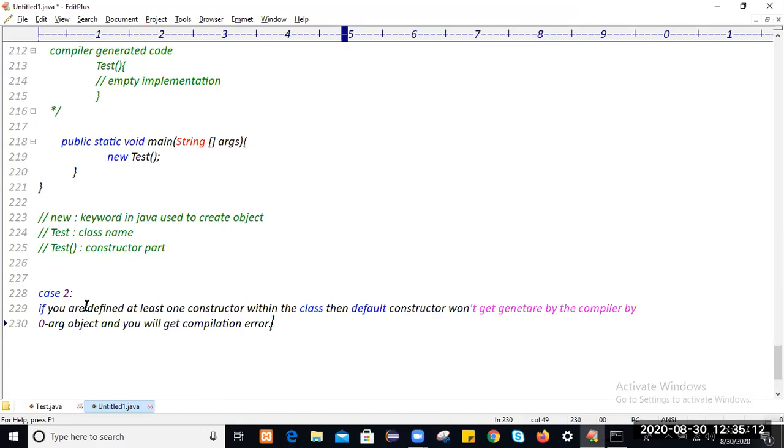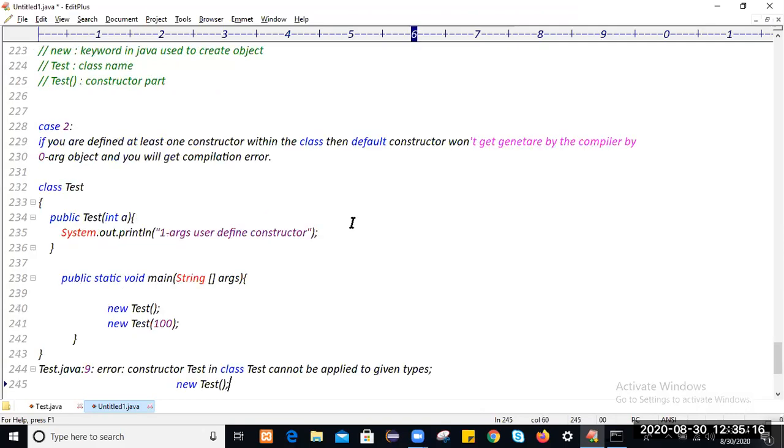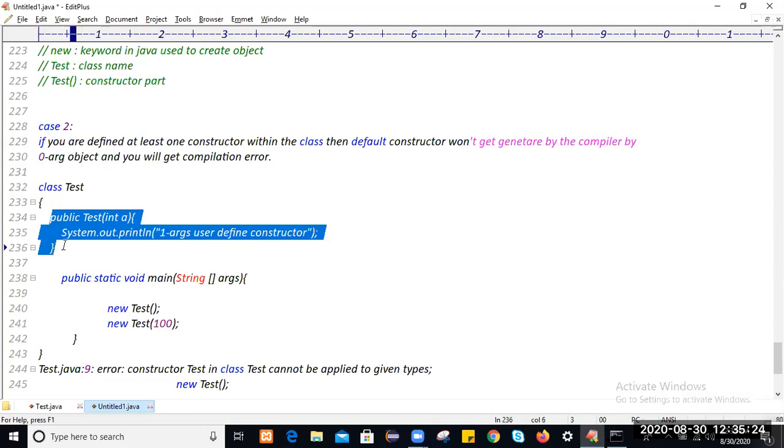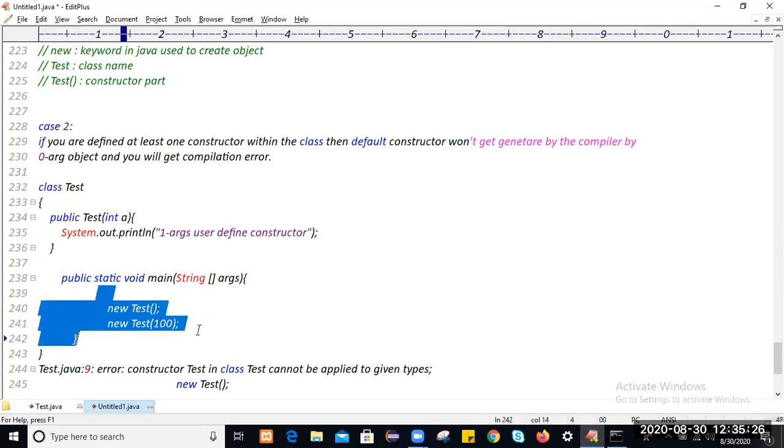Most of the time you will get this interview question: what will happen? If you declare multiple constructors, not an issue. But if you create multiple objects, for the corresponding object, the corresponding constructor must be declared within the class. Otherwise, you will get a compilation error.